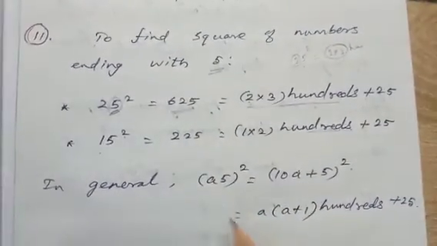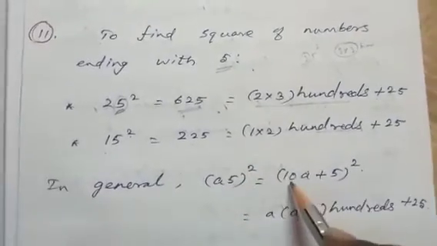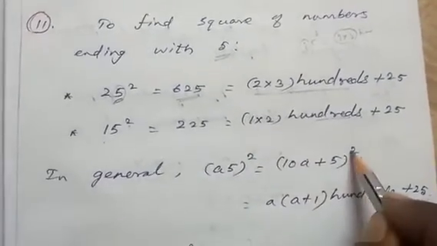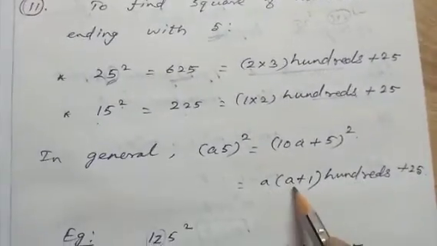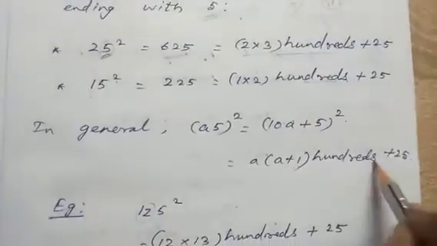In general, a5 the whole square is 10 into a plus 5 the whole square. So a into a plus 1 hundreds plus 25. So for example,